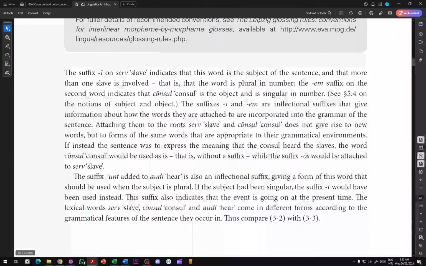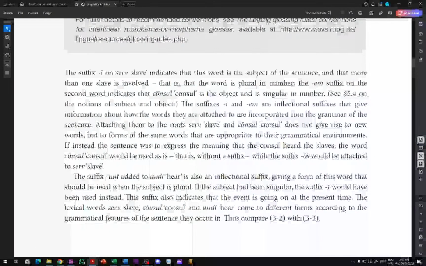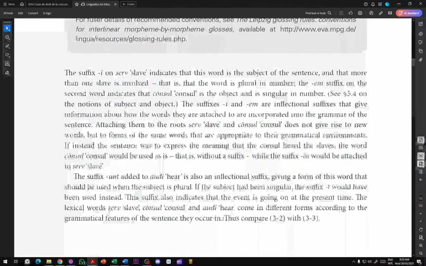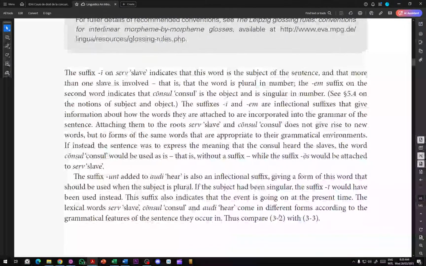The lexical words serve and console and odi come in different forms according to the grammatical features of the sentence they occur in. Thus compare 3 to